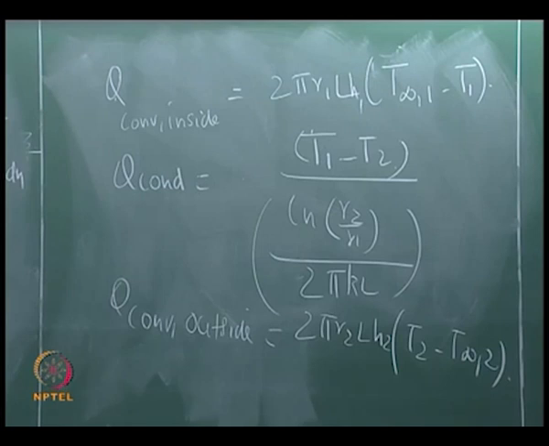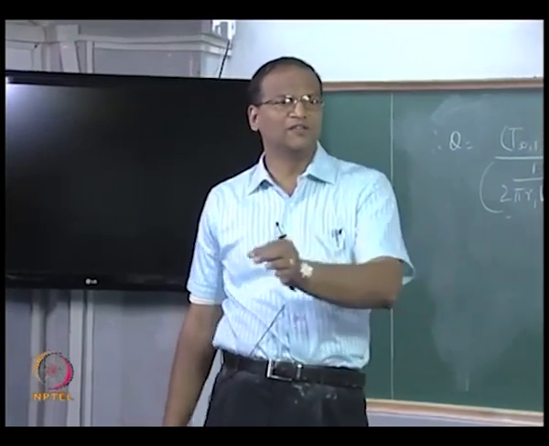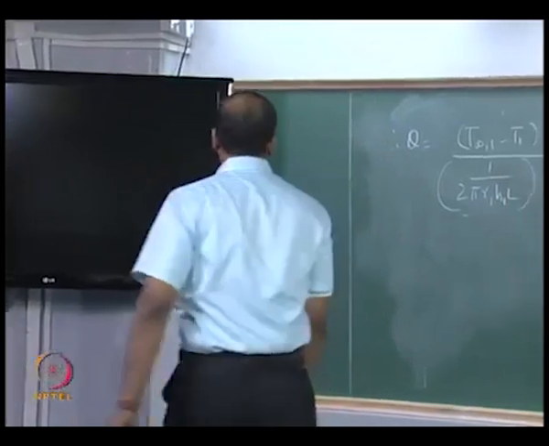Therefore, using the dividendo componendo rule we can add the numerators and denominators separately, still the resulting expression will be equal to the Q which is occurring across the tube. Therefore